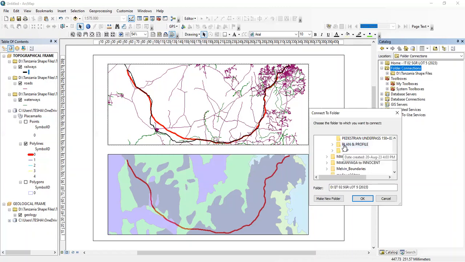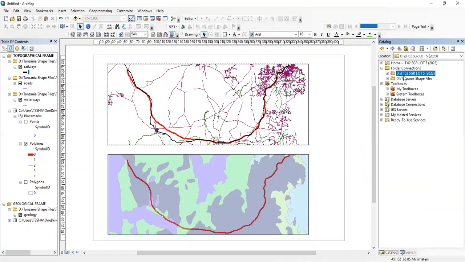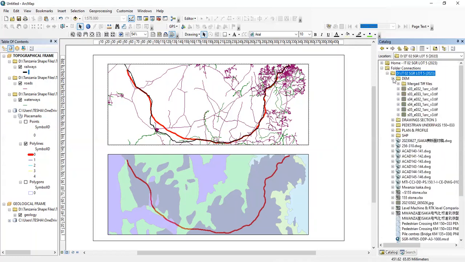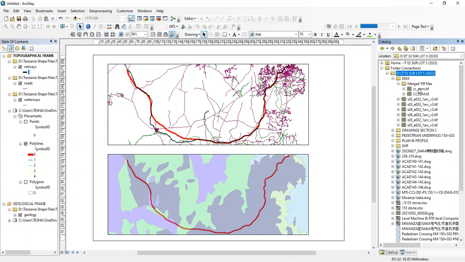So I think it is right here. We're going to connect this folder and browse where I located the digital elevation model. Here are the tiles S03, 32, 33, 32. They were just 6 tiles, but I combined them to a single merged file, TIFF format,